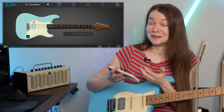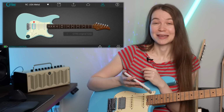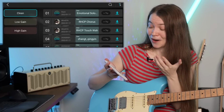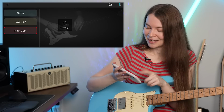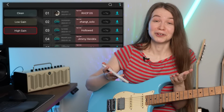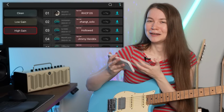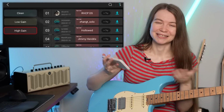And if all those presets aren't enough and you want more of them, there's actually a tone sharing feature built into the app. If you create an account and go to the cloud button here, you can search for other people's tones and download them and try them out. So there's clean, low gain, high gain, and you can upload your own as well. And it's not the easiest thing to search through. There's not much sorting going on, but it is there,